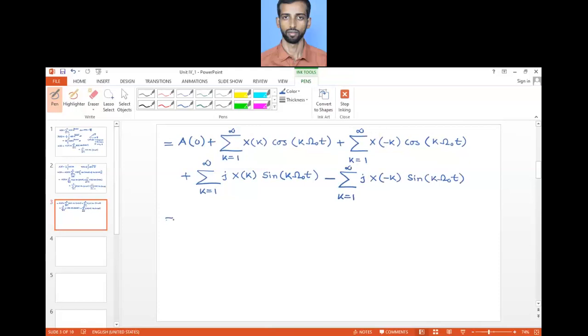Now combining the first and second terms, what I can get is a0 plus summation k going from 1 to infinity of x of k plus x of minus k, times cos k omega naught t,